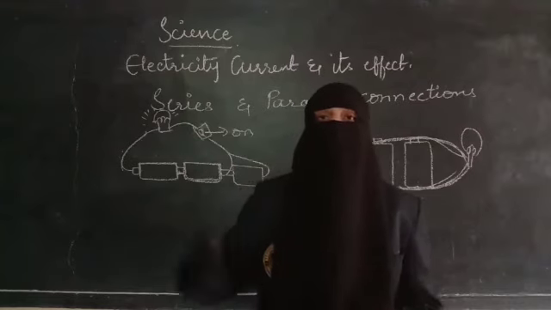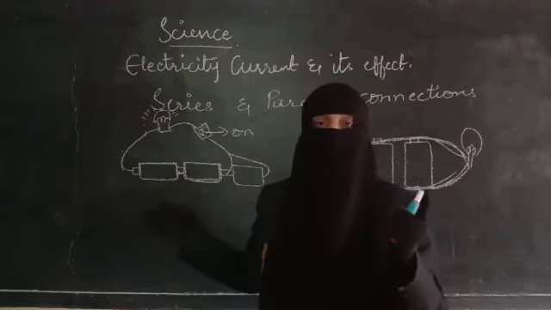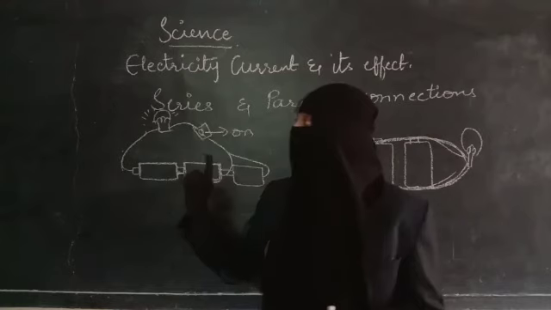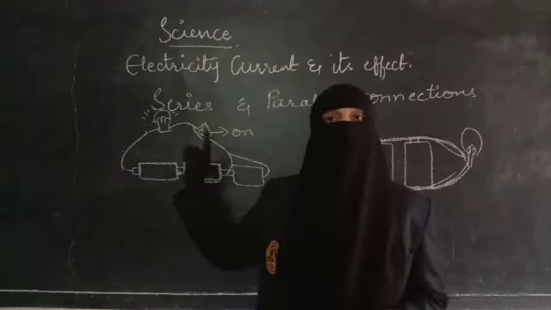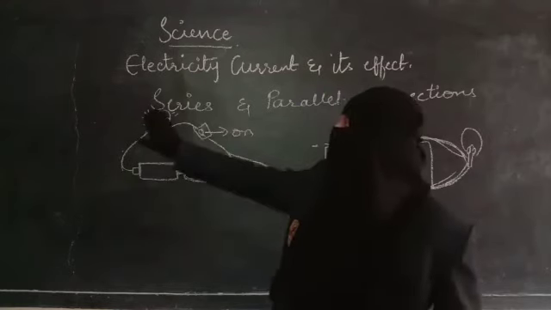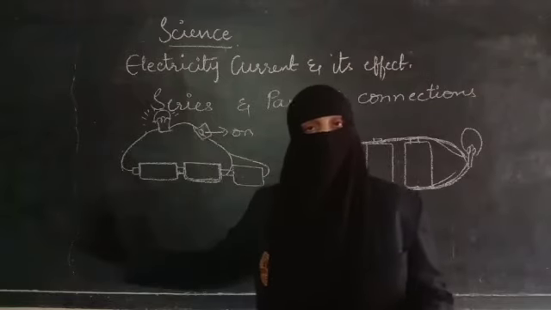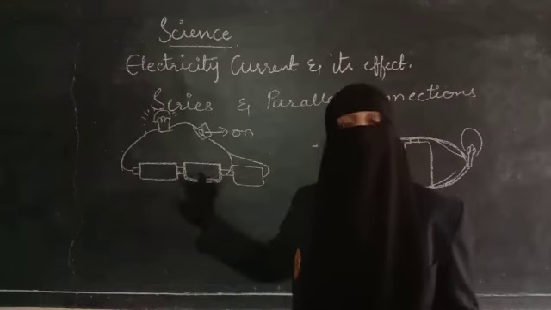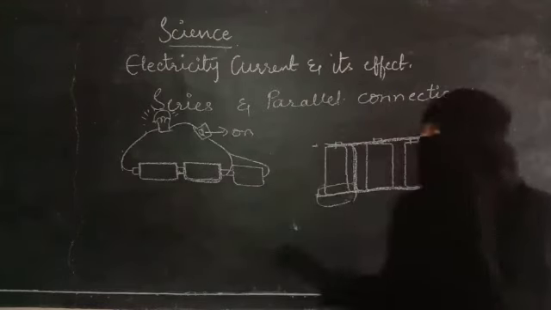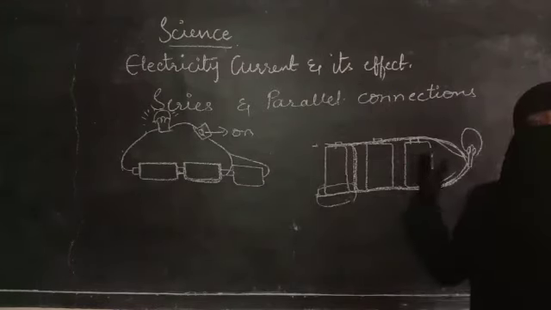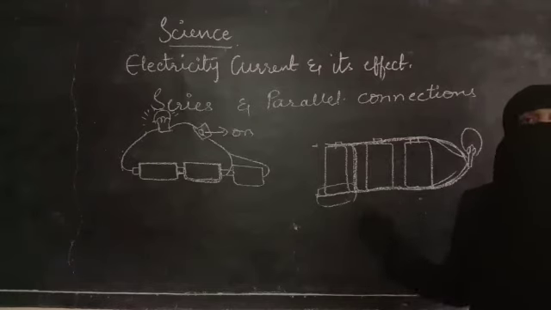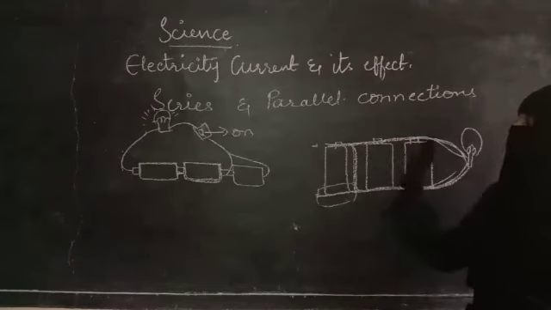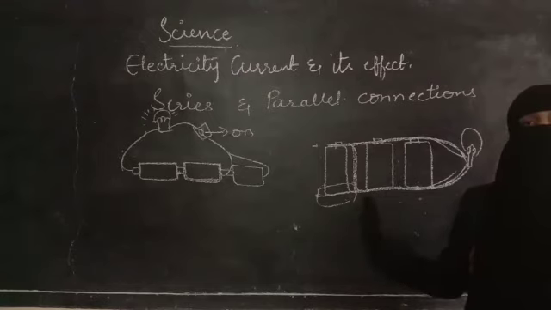In series connection, the flow of current is only one way. If any one of the electrical components is not working, the others will stop working automatically. For example, if the bulb is not working, this switch and this cell will stop working. If the switch is not working, this circuit will be incomplete. That means all other components will also stop working. But in parallel connection, electricity can flow in different ways. So even if one electrical component is not working, the circuit will be complete. Other components will be working.